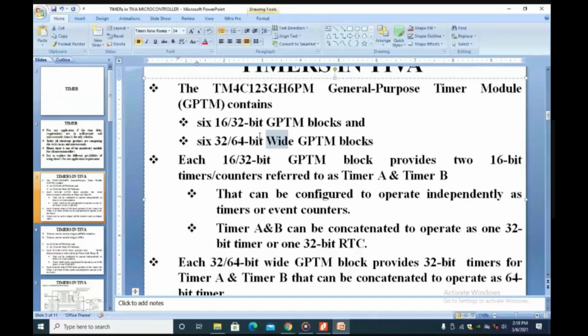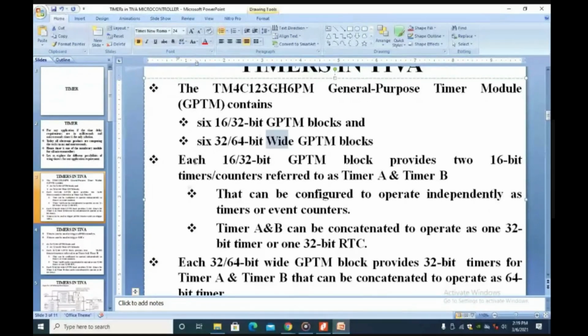So here you have to concentrate. There it is an 8-bit controller, so you can use it in 8-bit as well as in 16-bit. Here it is a 32-bit controller, so you can come down to 16-bit, you can use it as a 32-bit counter, and it can be used as a 64-bit timer or counter. So beautiful. There is more flexibility, if you observe carefully. There are only timer 0 and timer 1, 2 timers. Here you have 12 timers of different lengths, which is used for us to produce different time delays for different application requirements. So that is the one you need to understand.